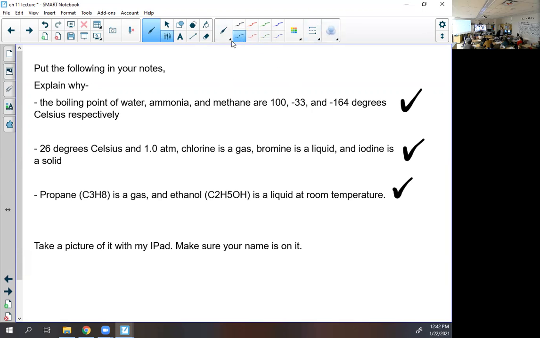All right, the boiling point of water, which is H2O, ammonia, which is NH3, and methane, which is CH4, are that, and that, respectively. So why would water be so high? Hydrogen bonding and dipole-dipole bonding, right? It's a major part. All right, so that's water. Now let's skip over NH3 for a minute. Why would this be so low? It has LDF only, and it's a really small substance.